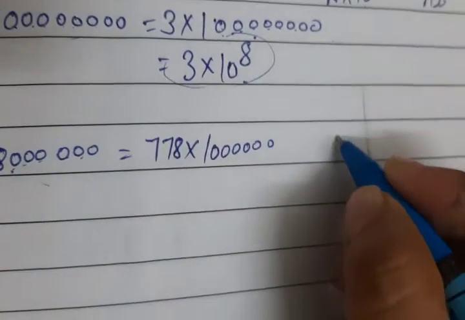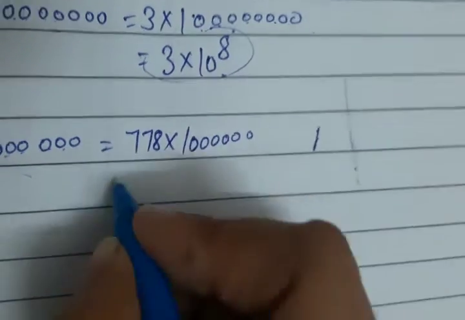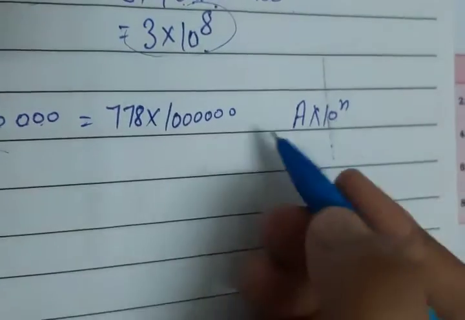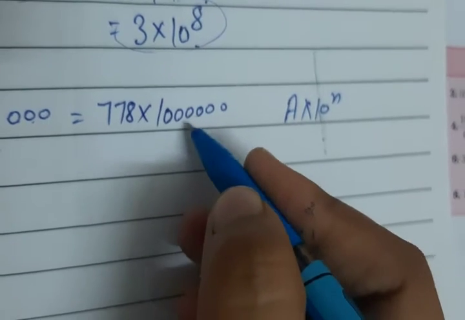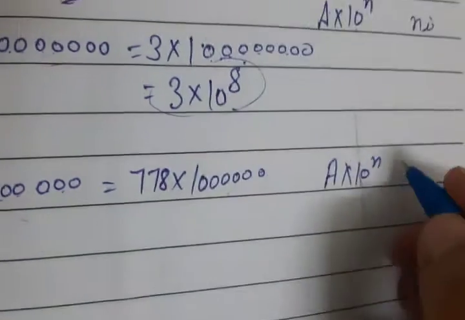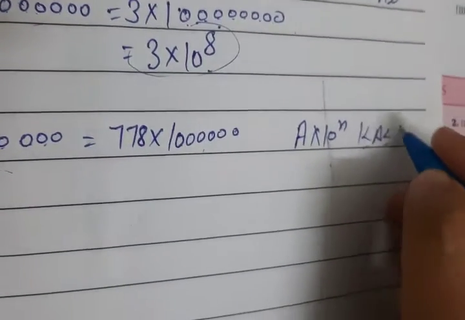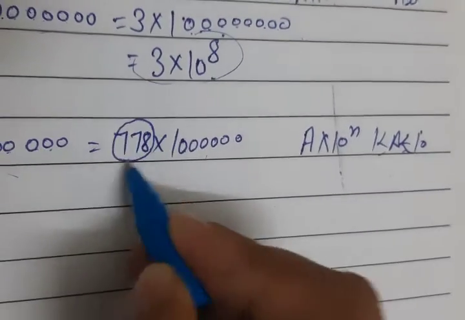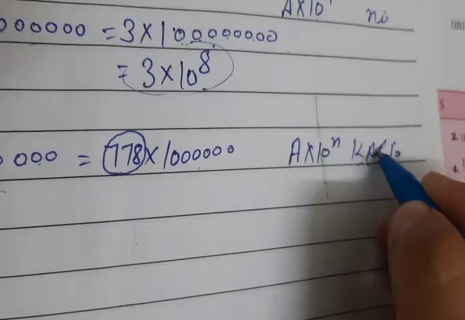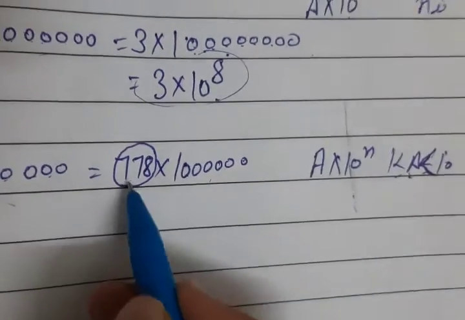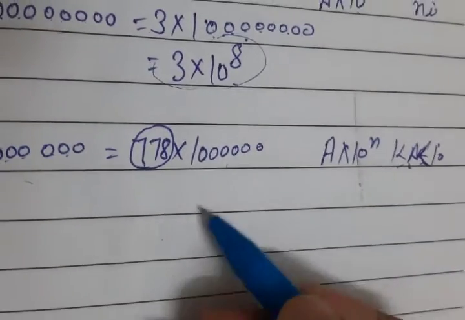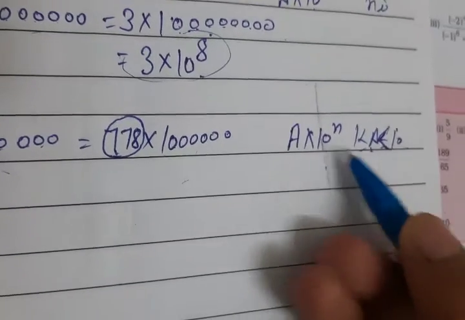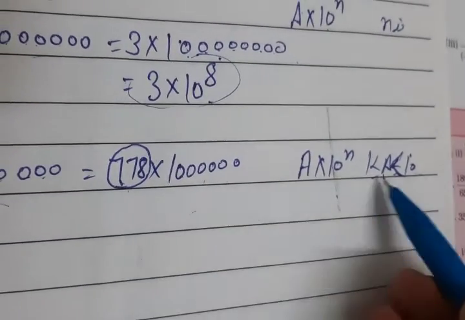Now compare this. We will write it as 10 raised to power, how many zeros will come? That is equal to 10 raised to power 6. But one condition is that a always lies between 1 and 10. Now we will see whether a satisfies this condition. Does a lie between 1 and 10? No, a is greater than 10. But how will we make this number satisfy the condition?